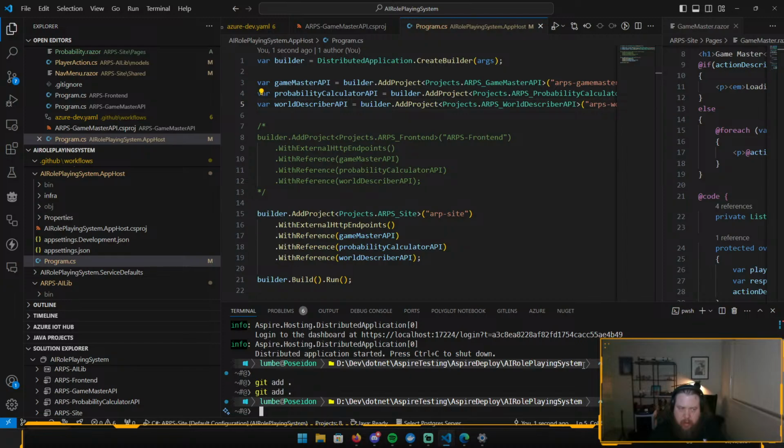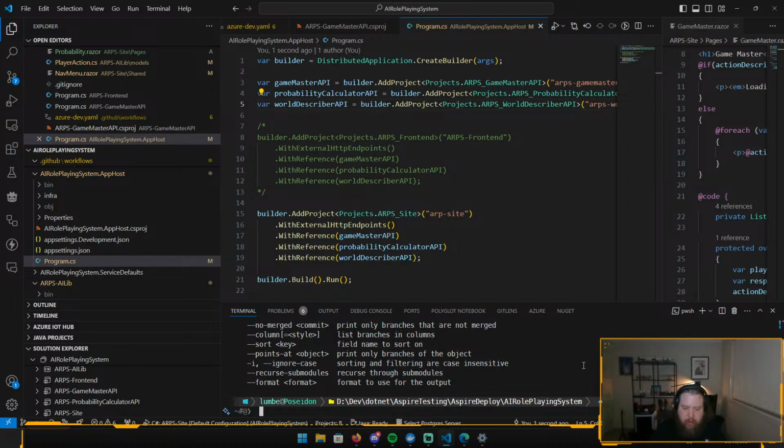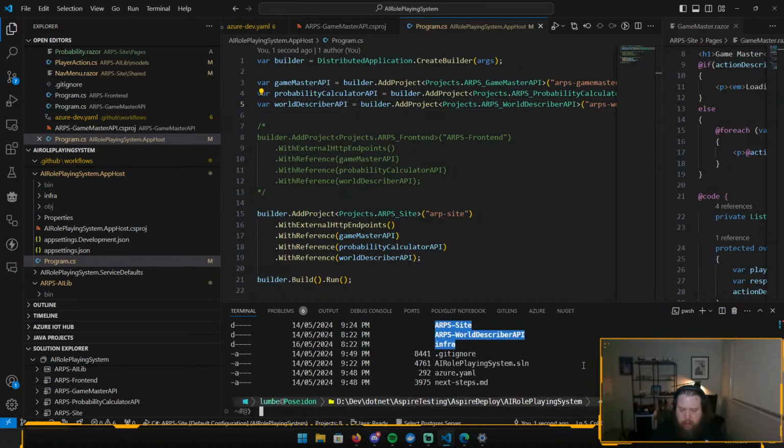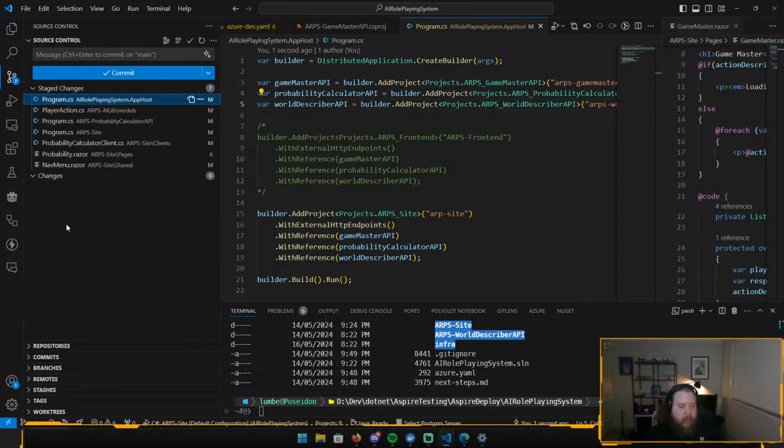Wait, can I do a branch check because I haven't done the commit? Let's say calc. Did I change that? I can't see if I'm on a different branch or not. Am I on a different branch? Yes, so